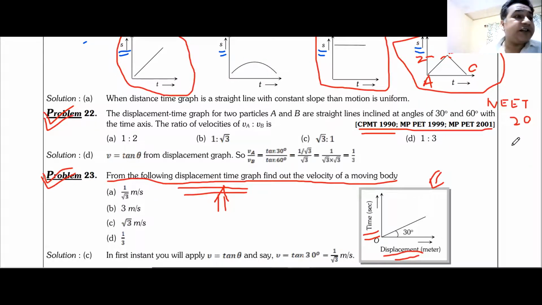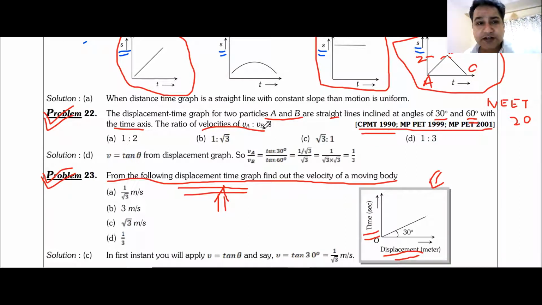So let us now solve this question. What does the question read? The displacement time graph of two particles A and B are straight lines. One is inclined at an angle of 30 degrees, the other one is inclined at an angle of 60 degrees with the time axis. What is the ratio of their velocities? Two particles are moving. The displacement time graph is plotted. Particle A makes an angle of 30 degrees. Particle B makes an angle of 60 degrees. It is asked to find out